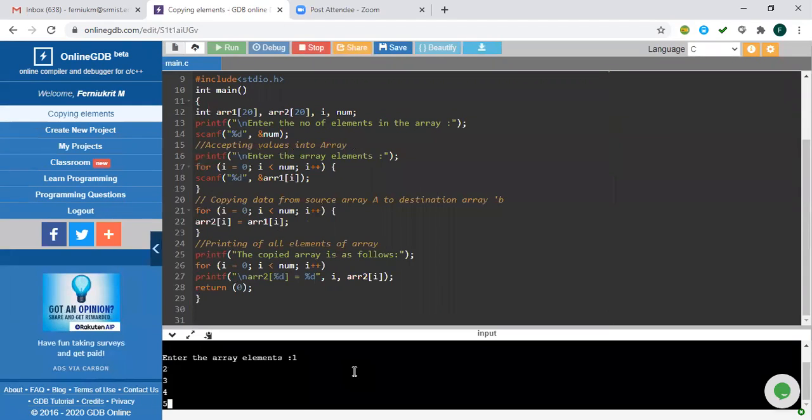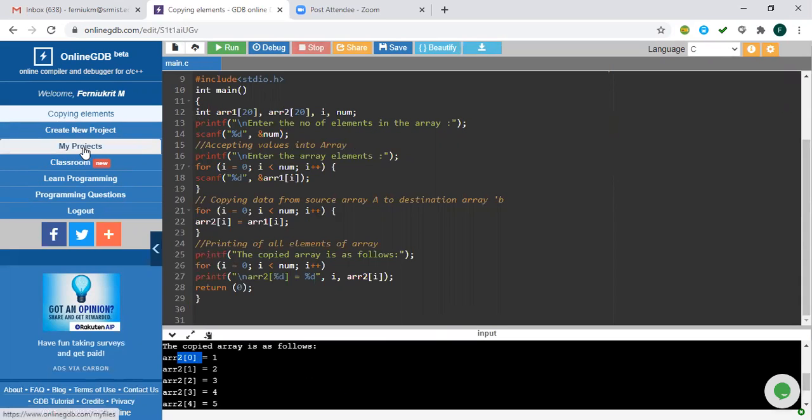You can see how it is being copied. See here, the copied array is as follows: array of 0 is 1, array of 1 is 2. So all the elements in the first array are copied to the second array. This is your second program.